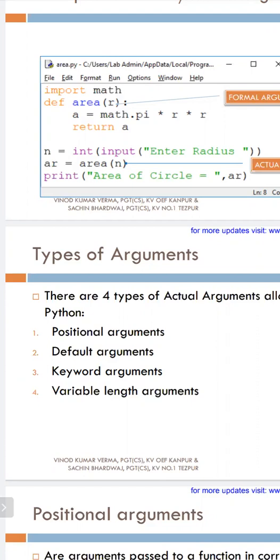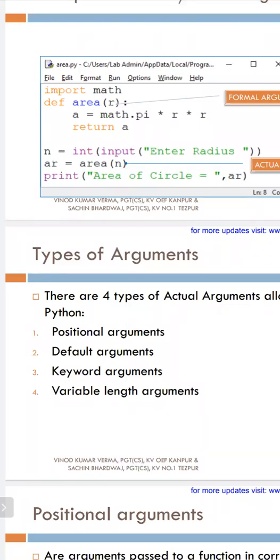Then one more thing is variable length argument, that is, we are passing multiple variables. And how can we get multiple variables after the function returns? That is how the function returns multiple values to the call statement. That is one thing. Afterwards, we are going to see mutable and immutable data types. Also how we can pass a string, a list, a tuple, a dictionary. These we are going to see at the end of the function topic. So how to pass a dictionary to the function header through the call statement, then how the function will treat the dictionary, or how operations will be made over a dictionary, list or string.